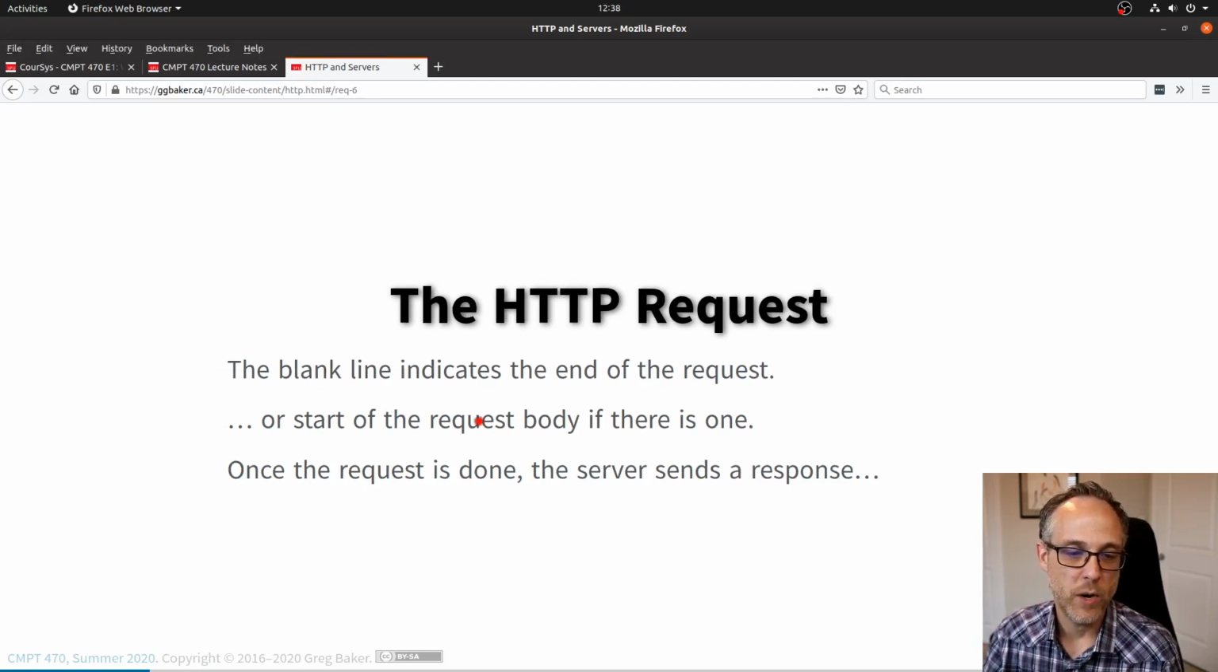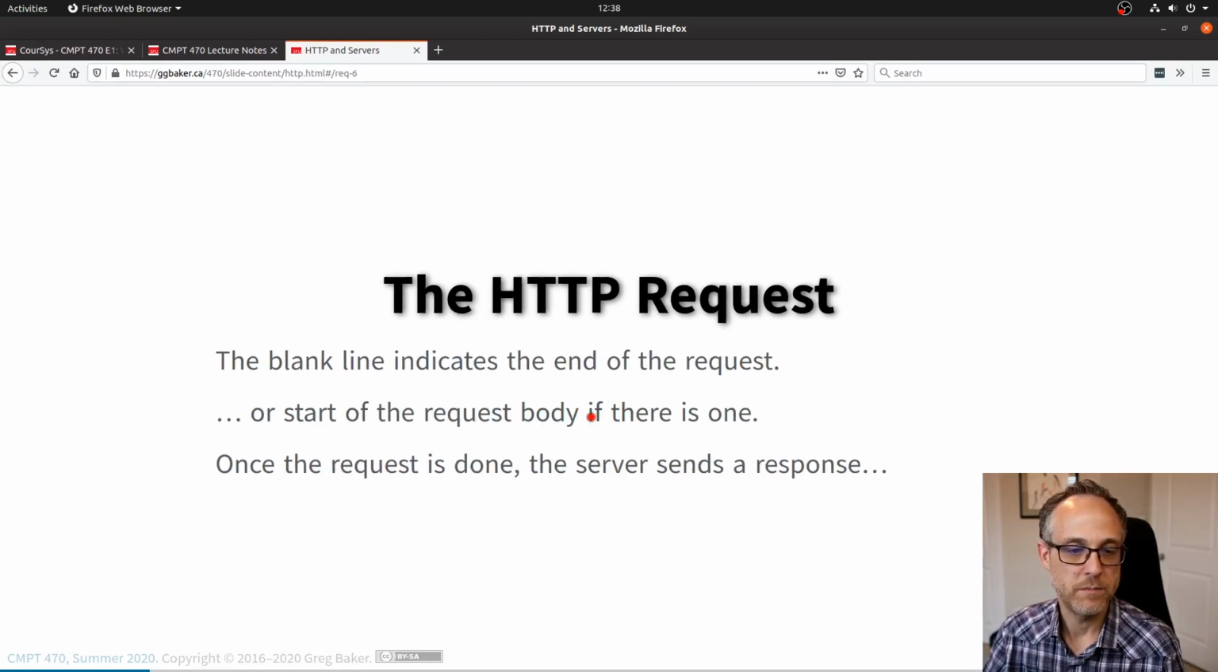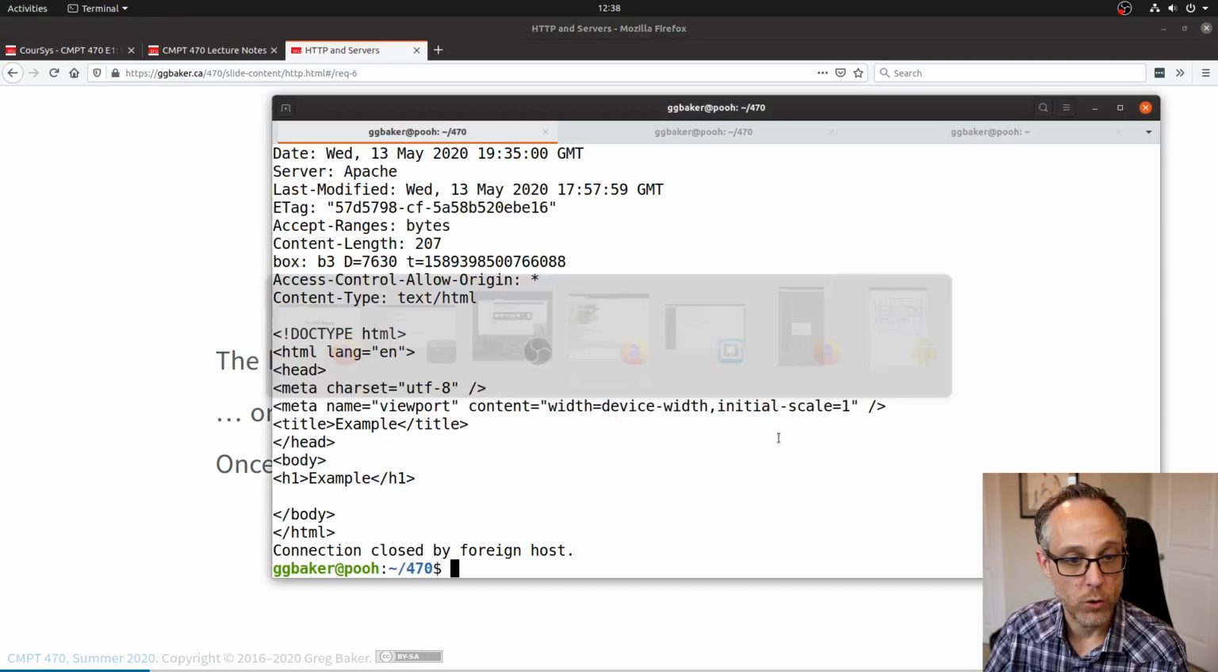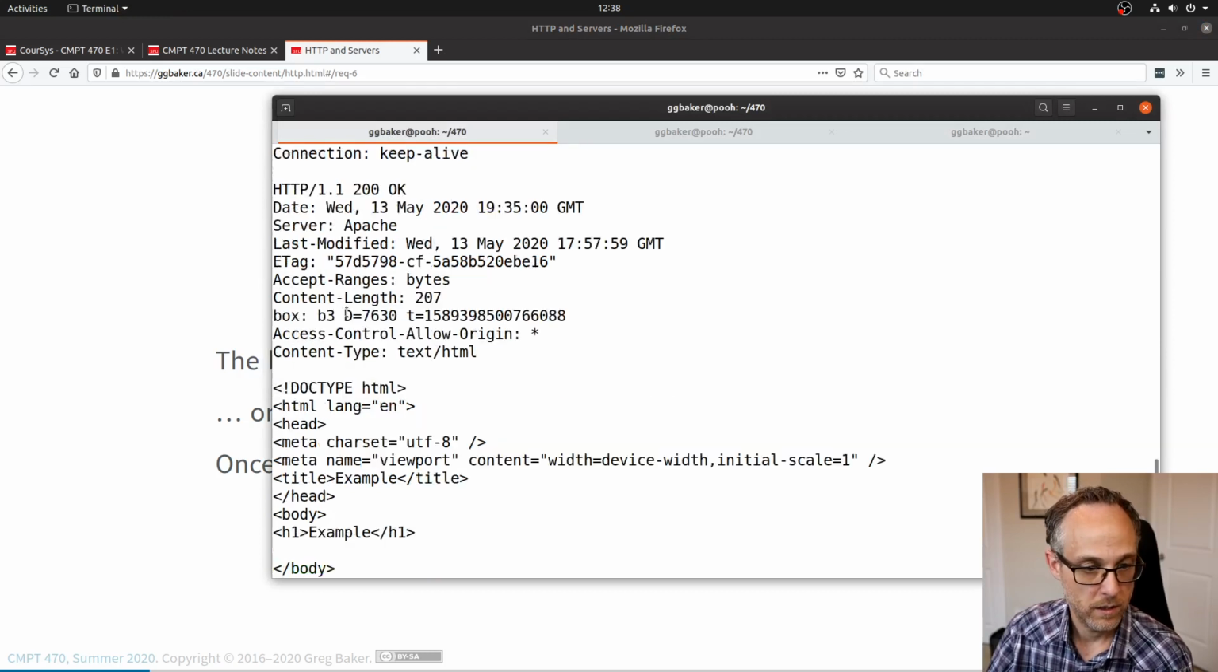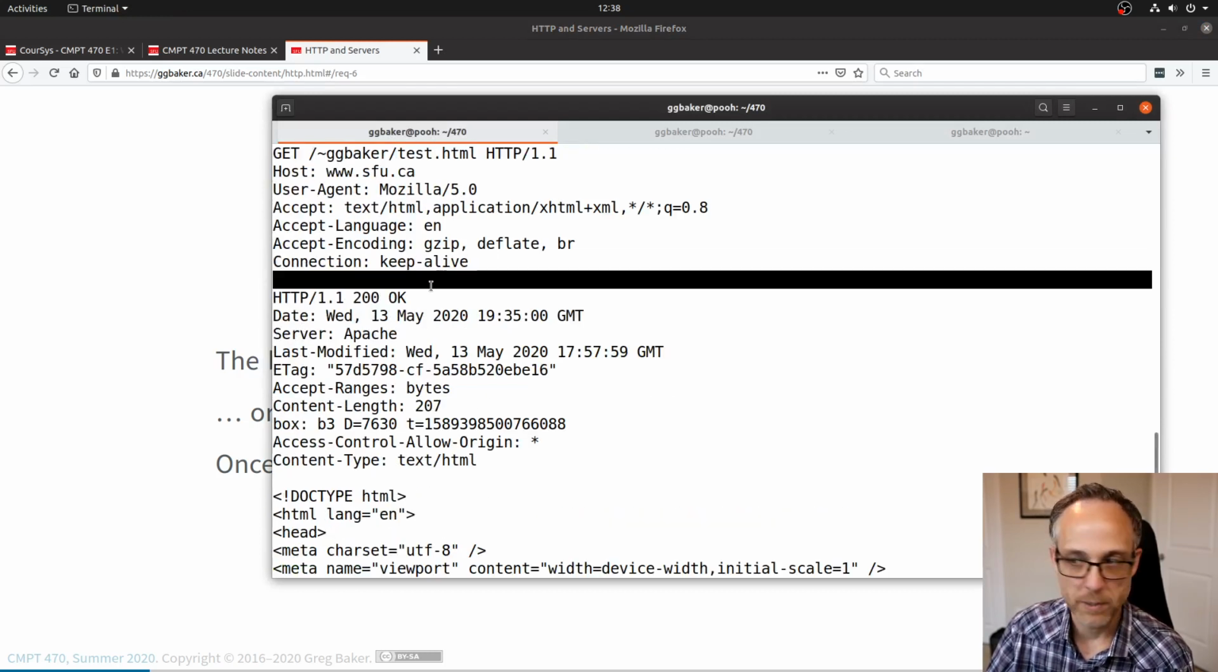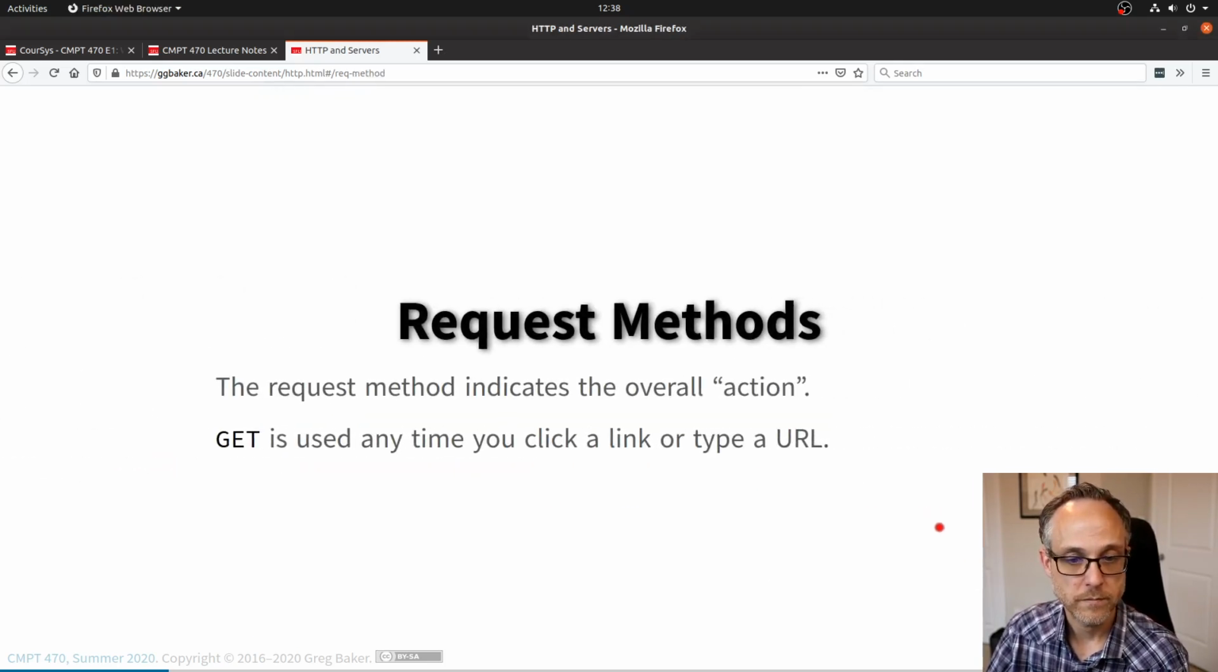There could have been a request body. There wasn't in my example, so that was the end of it. And then once the request finished, so again, this blank line was the end of the request, and then the response came back from the server. Okay, before we get to the response,